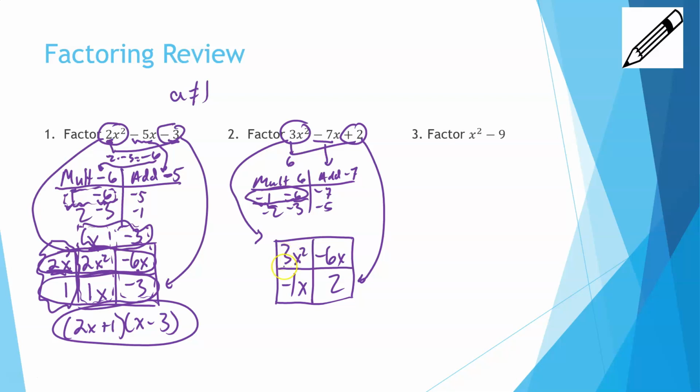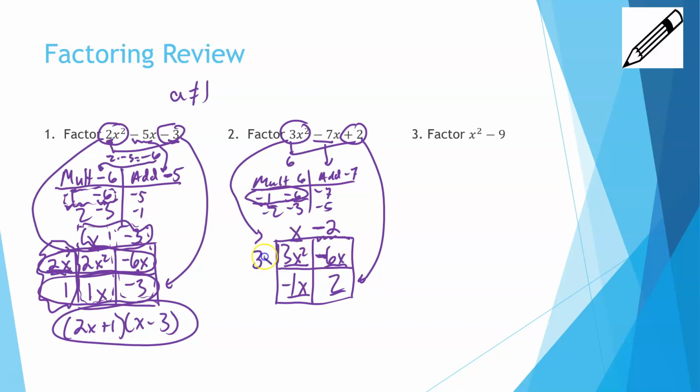And now if you did that, again, I would look at the 3x squared, the negative 1x. They're both divisible by 1x. Negative 6x and 2 are for sure divisible by 2. But here's a trick for you. Anytime it's touching the box with a negative, you're actually going to have to factor a negative out. You could have pieced it together when you started to multiply, but the x terms on this box are always